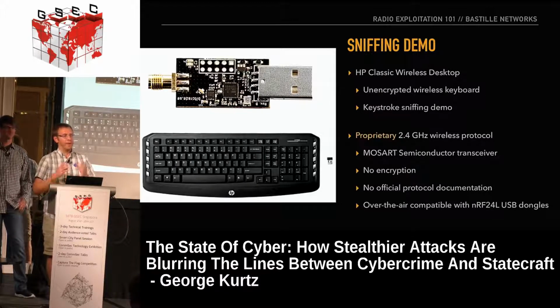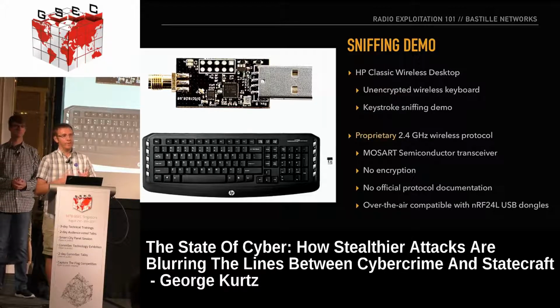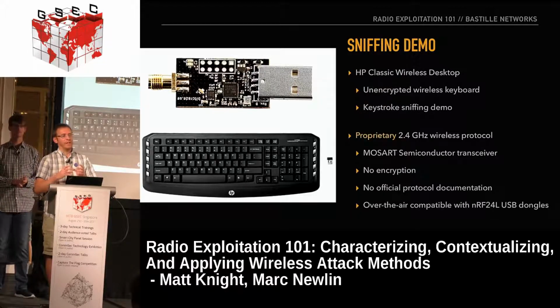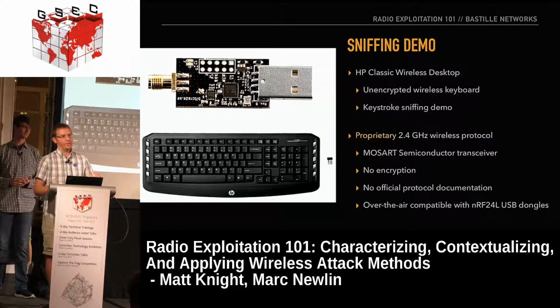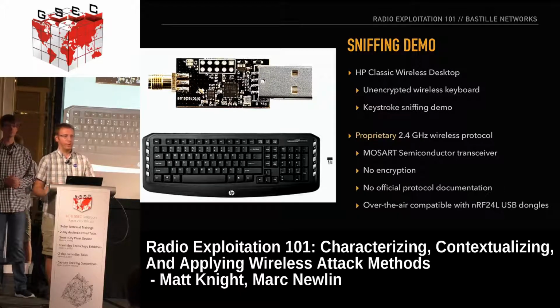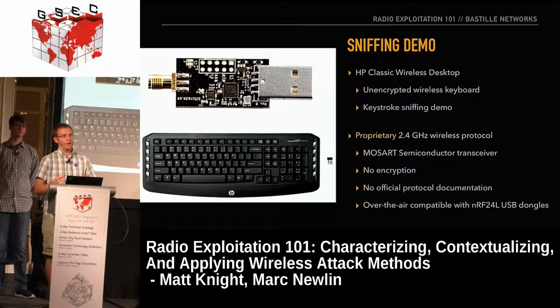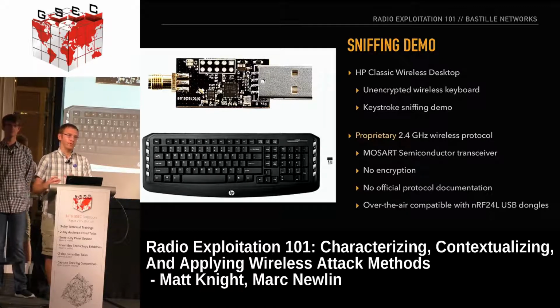This was a proprietary, undocumented wireless protocol, but it happened to be a pretty simple GFSK protocol in the 2.4 ISM band. And after I had reverse engineered the physical layer, I discovered that it was just sending unencrypted keystroke packets over the air and therefore was vulnerable to sniffing. And because it's a simple 2.4 gigahertz GFSK protocol, which is fairly similar to the Nordic NRF 24L protocol, we're actually able to use this commodity off-the-shelf hardware with a little bit of Python code in order to sniff keystrokes